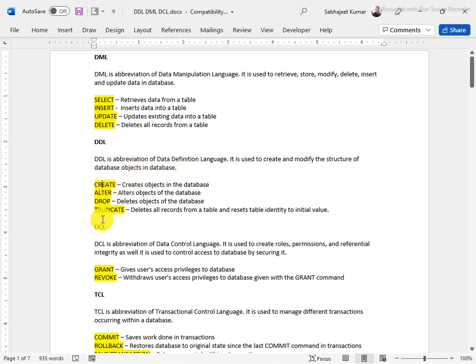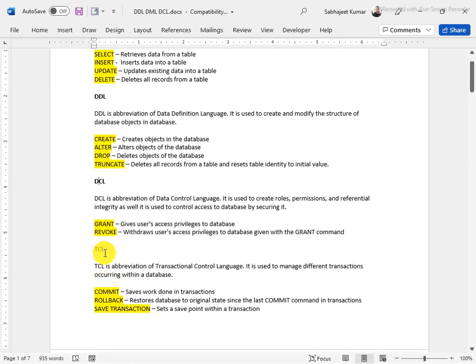DCL is data control language. It means you are giving some access on any tables, databases or columns. And TCL is transaction control. Transaction commands are commit, rollback and save transaction.